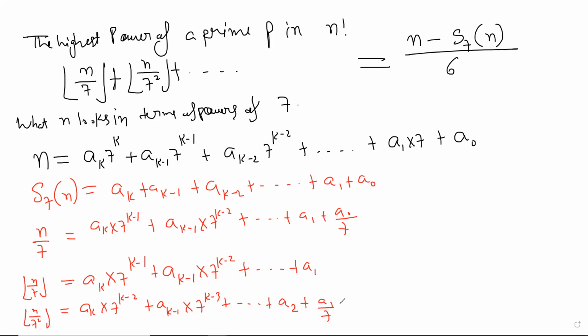When you take the floor of it, this is less than 1, so that becomes 0, and the others are integers, right? So they will remain. That is the beauty of it. And this way you can do it. Just keep adding them, right? So now when you add these numbers,